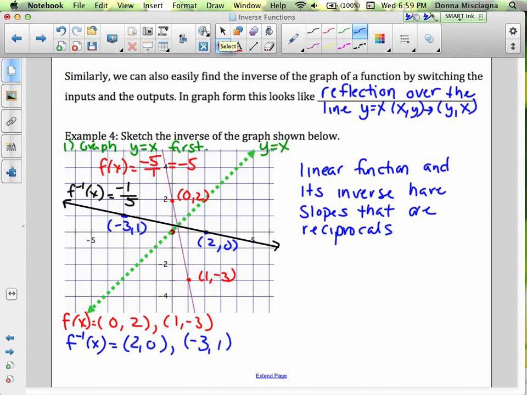Right, so one last thing before we do one more problem. I'll do another problem. Is this a function? Is the inverse a function? Right, well,